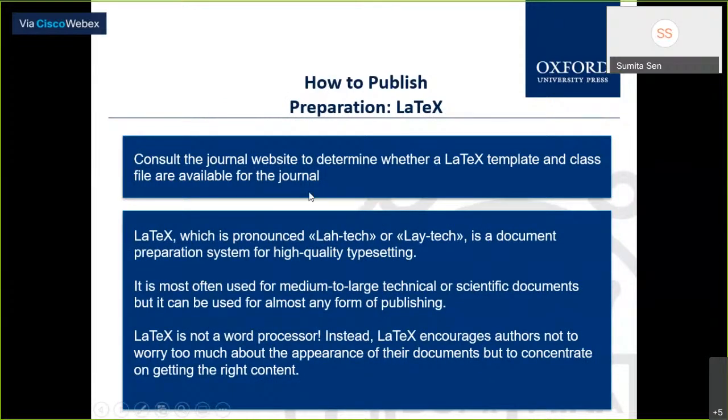Now, when you go to the journal's website, we ask you to determine whether a LaTeX template is available or not. It's spelt as LaTeX, which is rubber actually, but it's pronounced as latte. So what is LaTeX? It's a very simple document preparation system. Like, when you were reading the author guidelines, it said that the heading should be Times Roman 18 italics, and the content should be Times Roman 12. And you need to have 2 columns, and this is how figures.